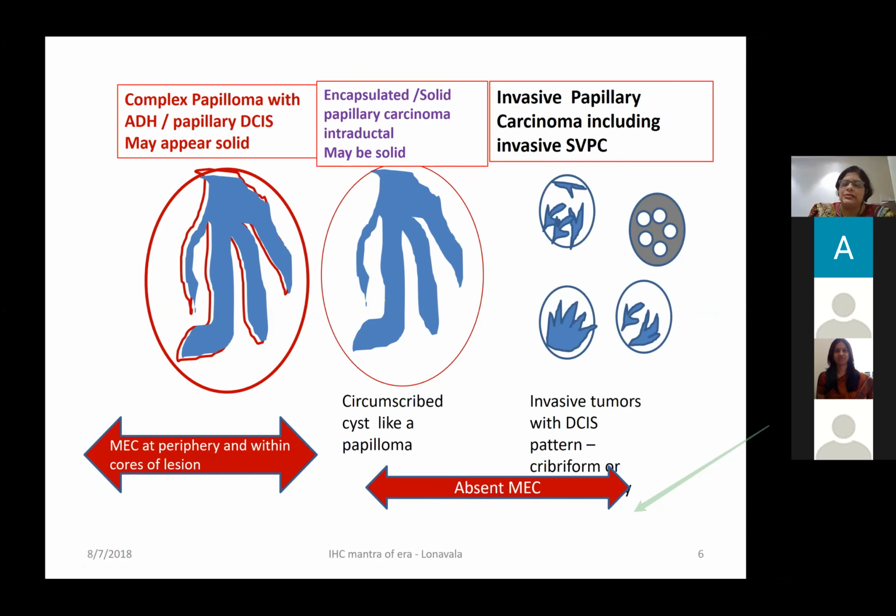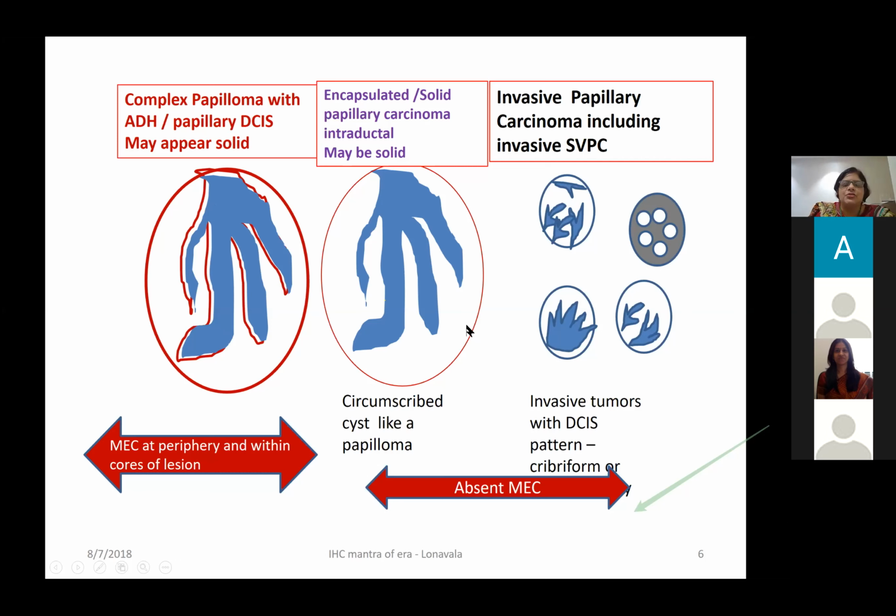To simplify these concepts, as I told you, this is the duct, and remember these finger-like fronds growing in. If they grow in and they carry the myoepithelial layer, the red is the myoepithelial layer, this is a very benign lesion. This is a papilloma. It may undergo a lot of epithelial hyperplasia changes, but it still remains a papilloma. A quick clue will be to look at the lining of the papilloma. If that lining is benign and it has myoepithelial cells, whatever is inside is not invasive, at least it may be DCIS at the most.